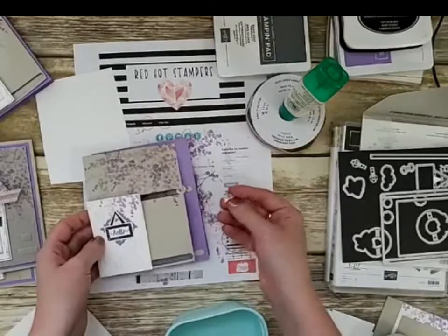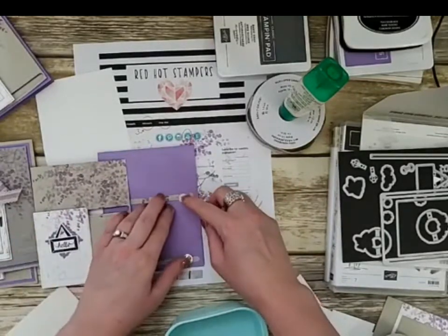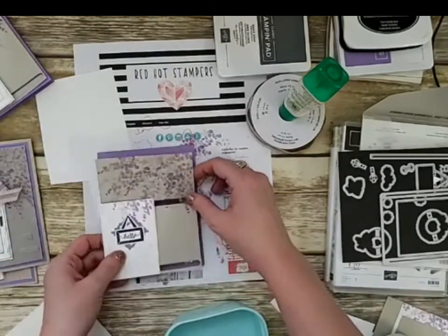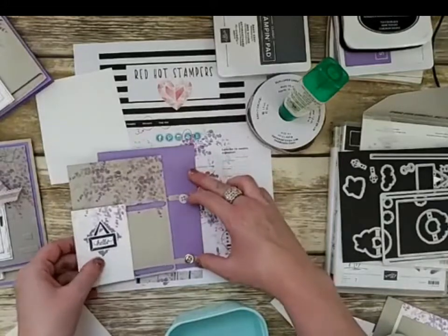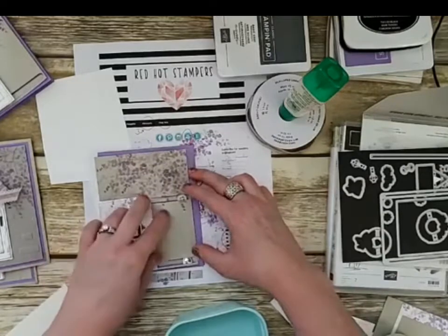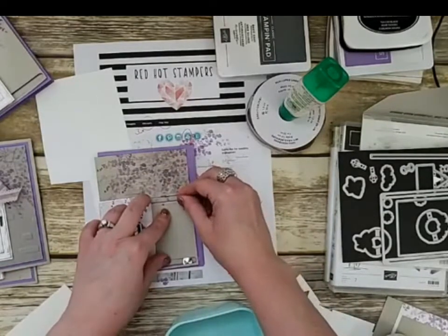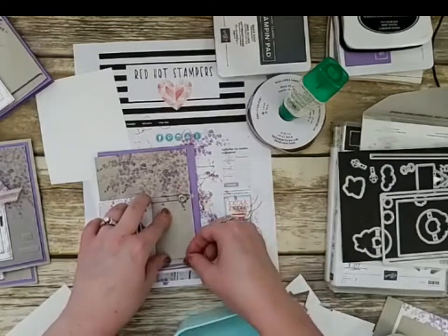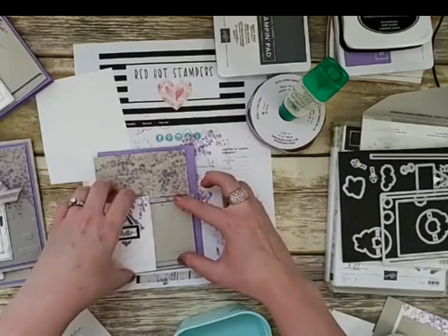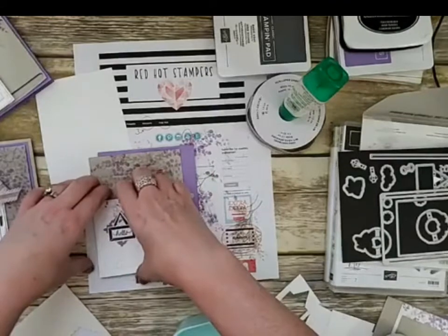I couldn't find 16. So I'm going to lay my pieces over here, add that dimensional, add the second layer, add the glue dot. Okay, so the buttons, add the dimensional, put this on, add the second, so we'll pretend like this one's the second. It's going to go on like that. The second one, add the glue dot, and then you're going to slide that over so it's all the way to the right. You're going to slide your door over,